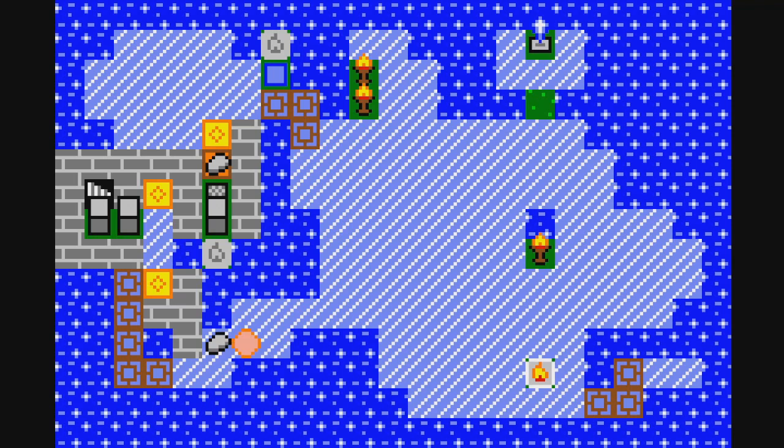I think I'm still missing something. I need a rock here. But I will also need a rock here. Oh, but maybe I could throw... Hold on. Can I throw this to the left? Yes. Is that what I want to do? I think yes. And then this rock...